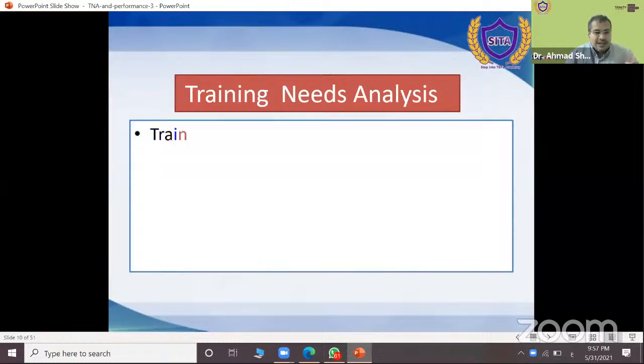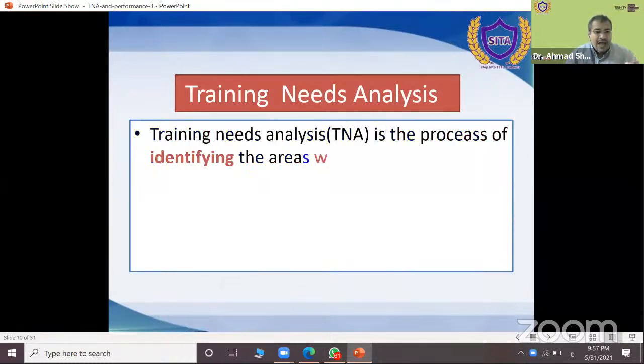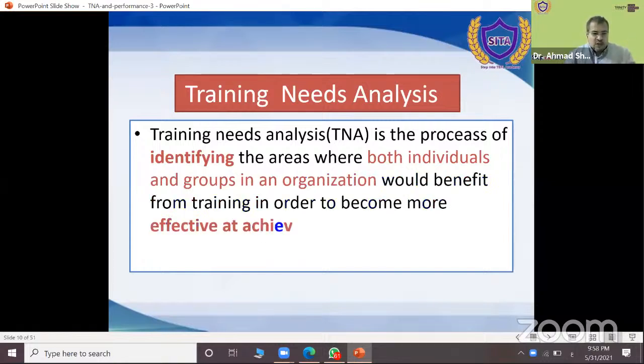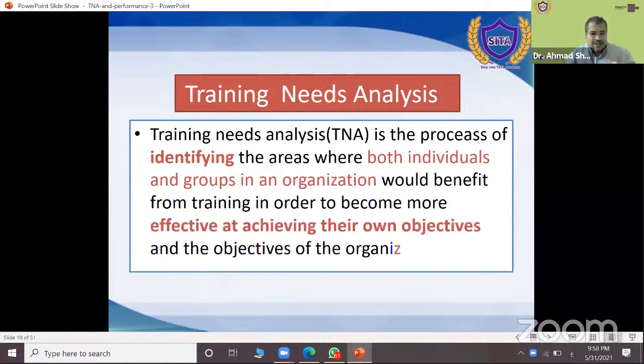Training needs analysis is the process of identifying the areas where both individuals and groups in an organization would benefit from training in order to become more effective at achieving their own objectives and the objectives of the organization.